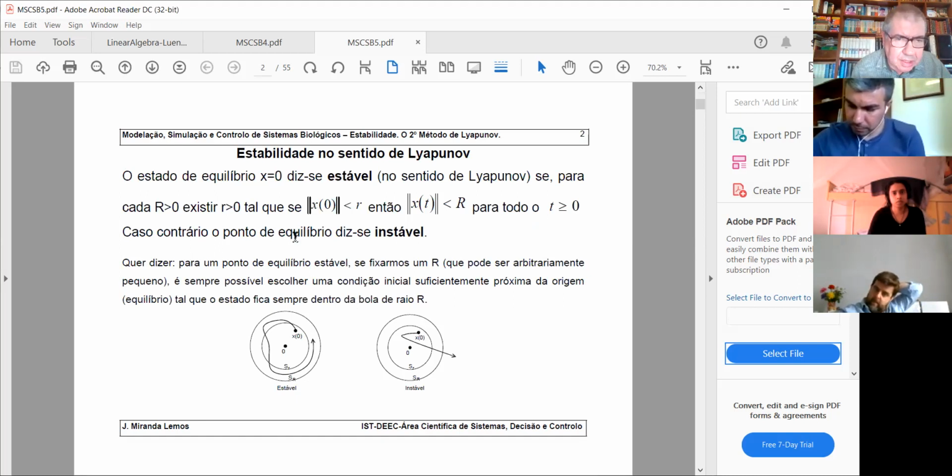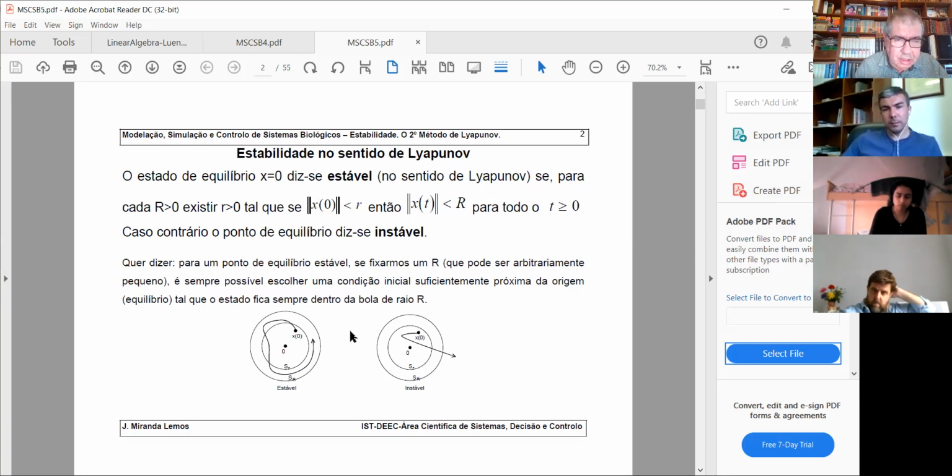So this is in Portuguese, but let's try to understand the mathematics. Okay, I say that I'm referring to the origin. So I assume that the origin is an equilibrium point. But what I'm going to say is valid for any equilibrium point. I mean, you can always shift your coordinates, and in the new coordinates you are at the origin. Okay, then I say that the origin is stable in the sense of Lyapunov,